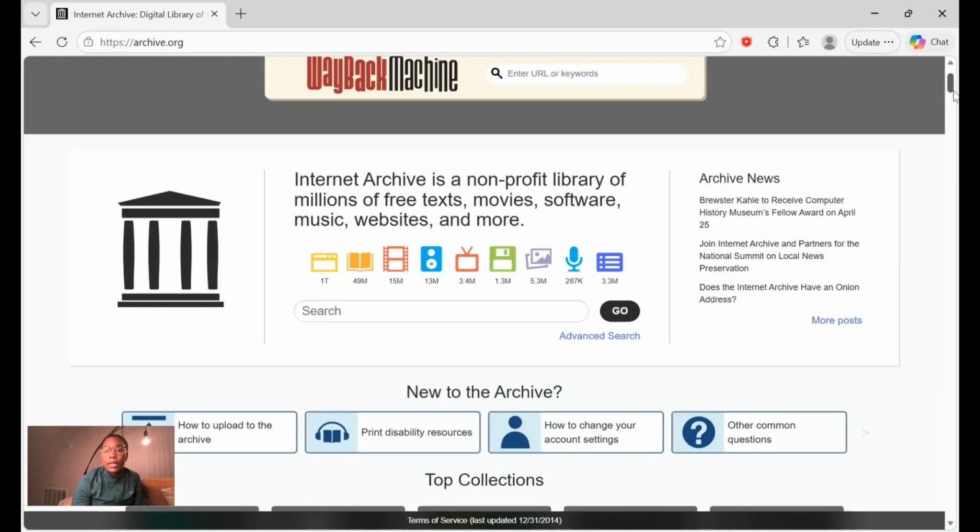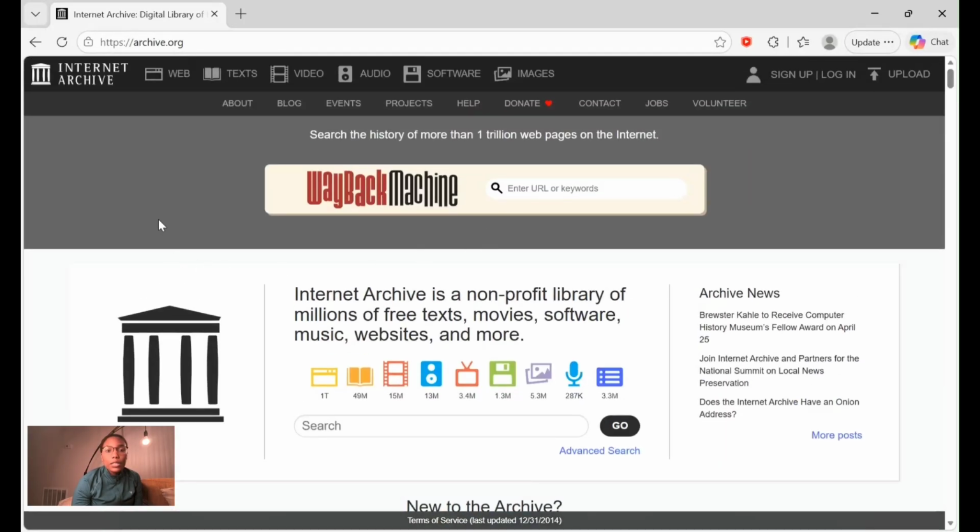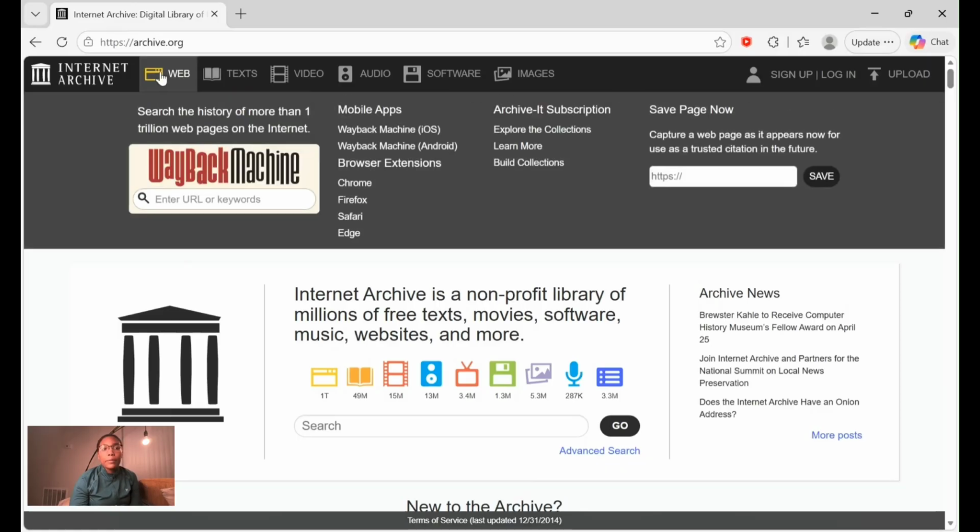Okay. And we are going to click on web. So when you click on that, it says search the history of more than 1 trillion web pages on the internet. So there is a mobile app version of the Wayback Machine. So if you wanted to download that, you can navigate that there. It says archive it subscription. So again, if you make that account, then you can kind of dig around into